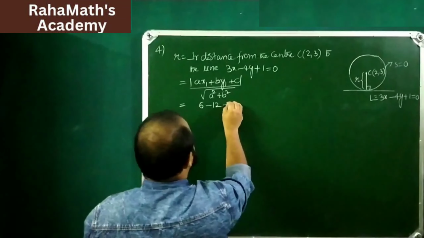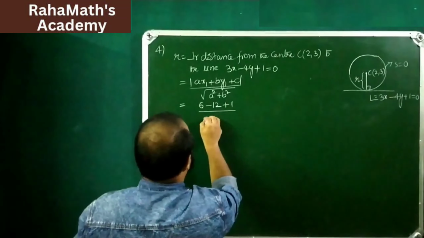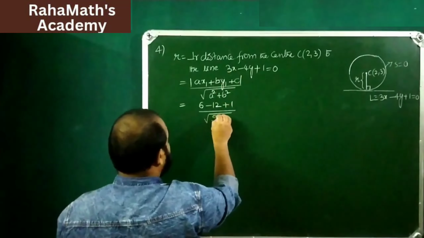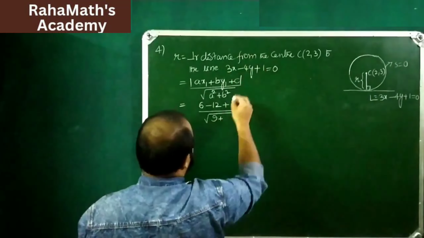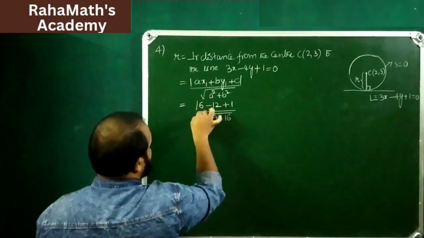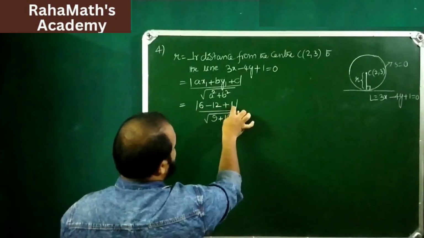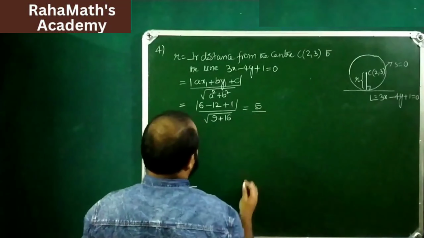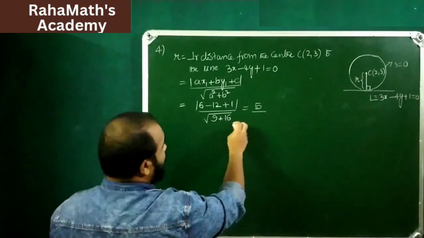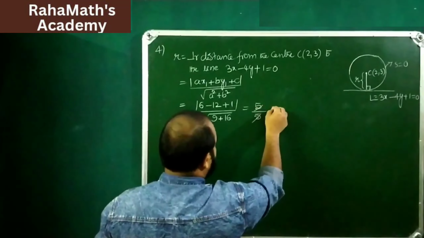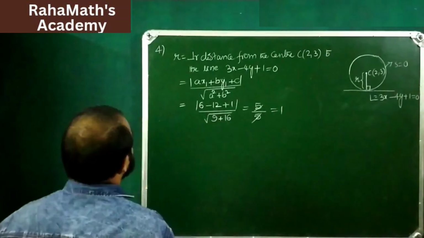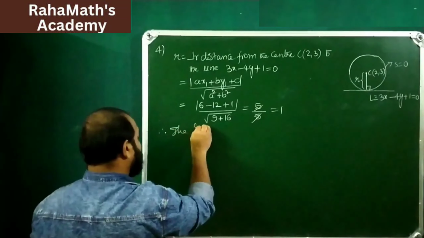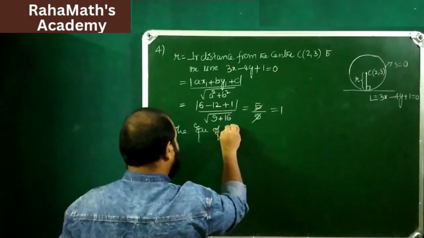C is 1 by square root of a square, the square of the quotient: x, 3 square 9, plus minus 4 whole square 16. So 6 plus 1, 7 minus 4 minus 5. The modulus of it is 5 by 9 plus 16, root 25 is 5. So 5 gets cancelled, 1. So therefore the equation of the required